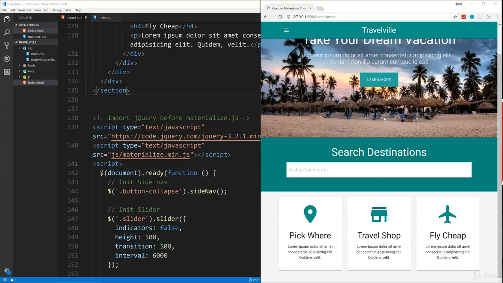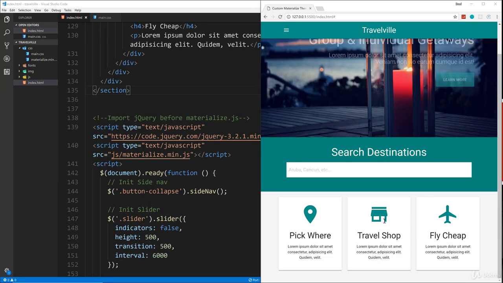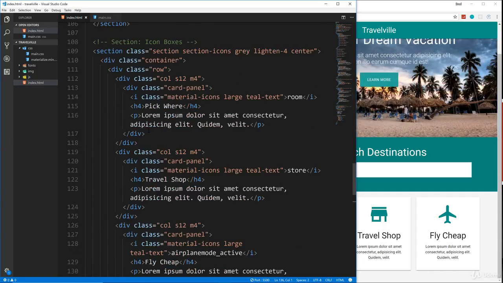Alright, in the last video we went over the search destinations area and the icon boxes. Now we're going to work on the popular areas or the popular locations, which are basically just cards with images, and they also use the material boxed component, which is just a very simple light box. So let's go under the icon boxes section,